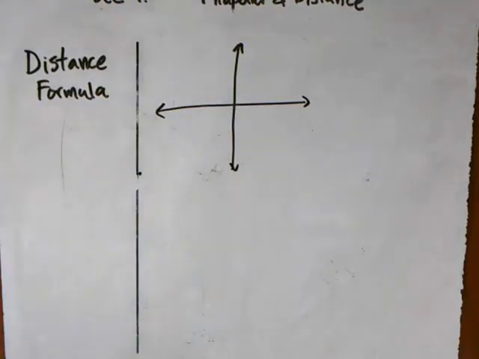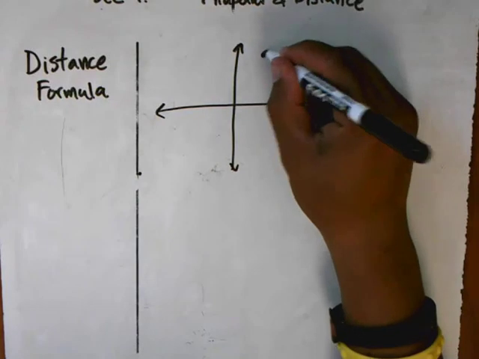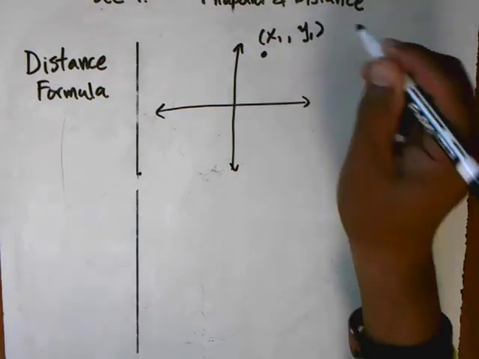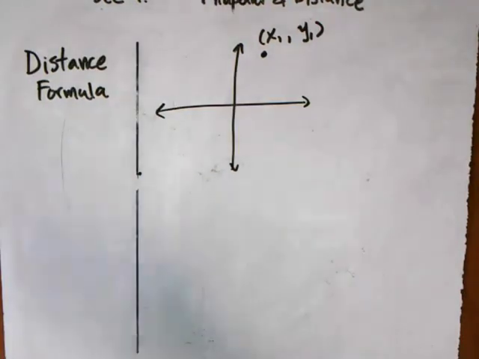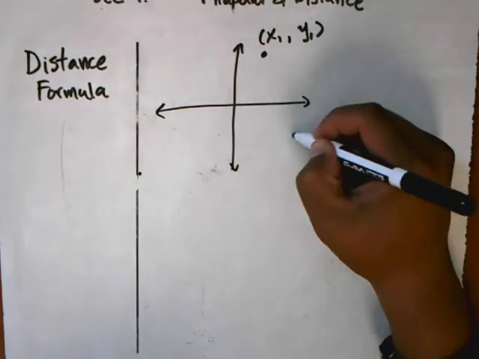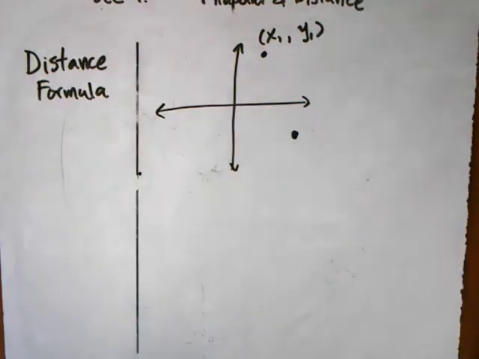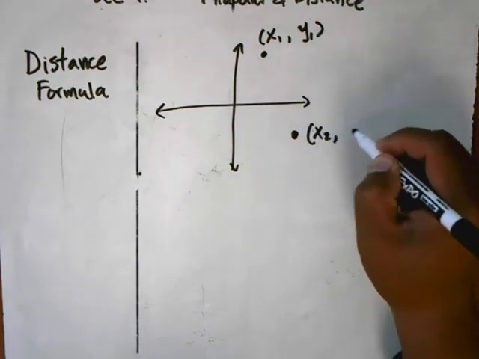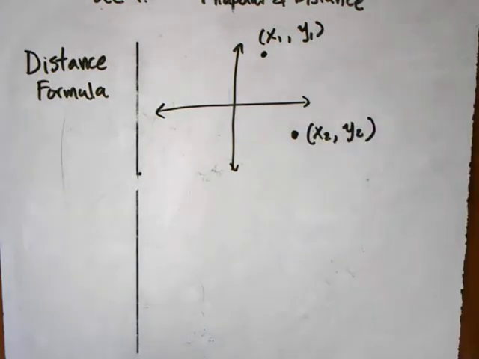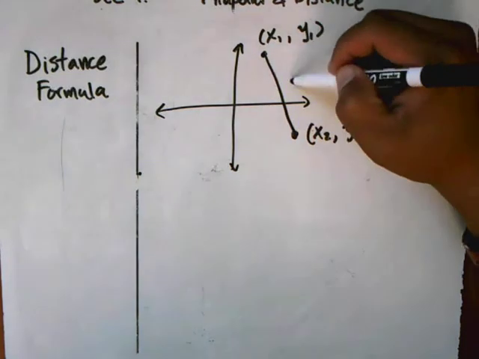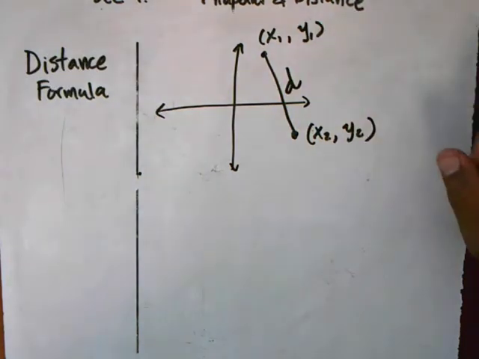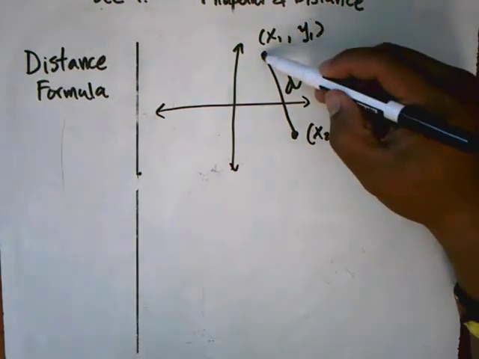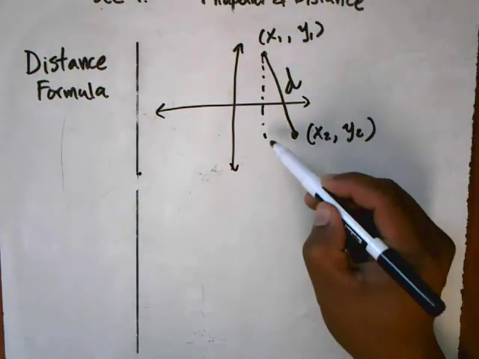So let's take a very general case, and let's say I have some point here, and I'll call the coordinates here x1 and y1, and I have some other point somewhere in space, and I'm going to put it in this location, but it could really be any quadrant anywhere, and this has coordinates x2, y2, and we want to find this distance here, in other words d. Okay. Well, we can do the same thing that we did in the previous example where we create a right triangle